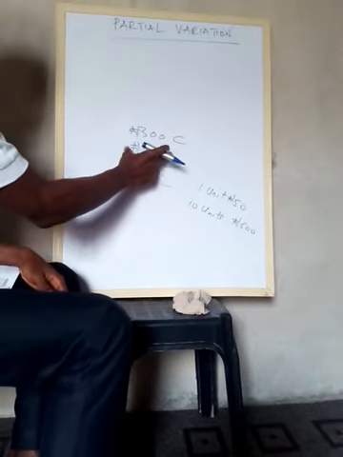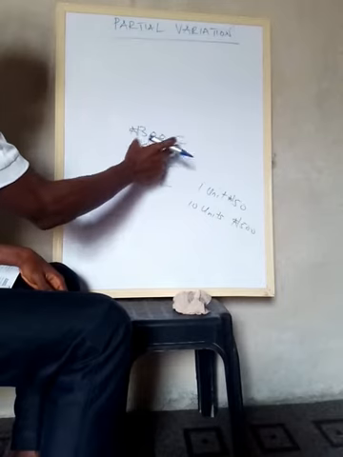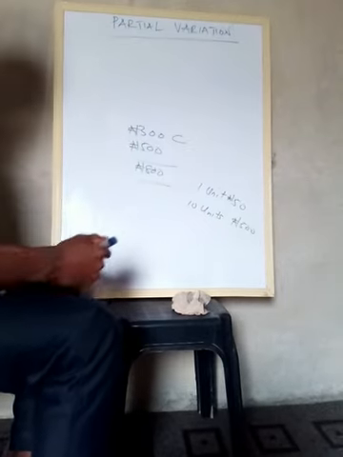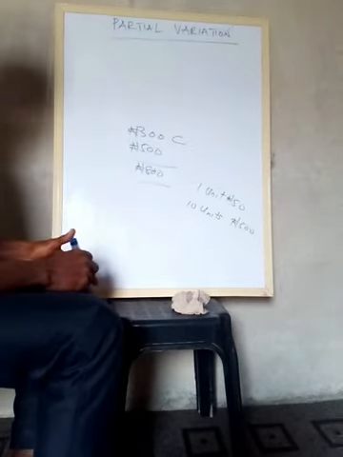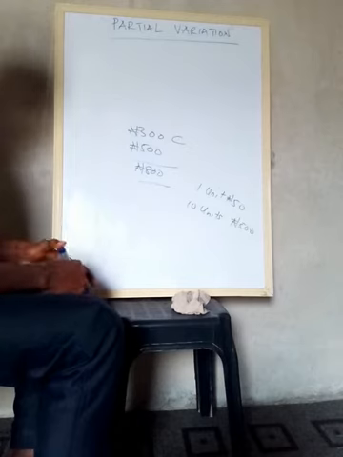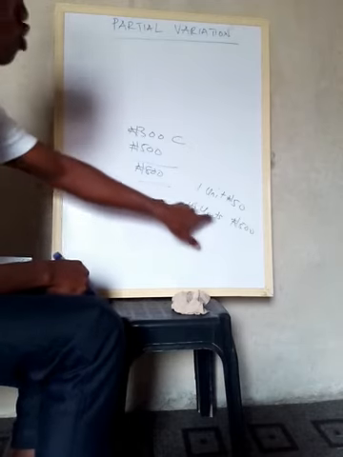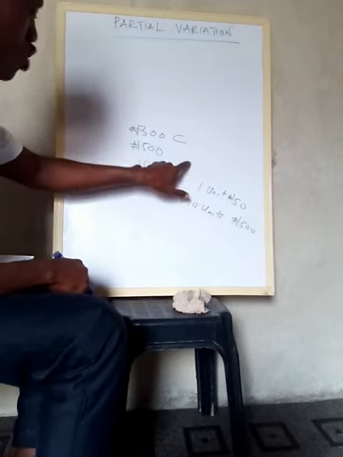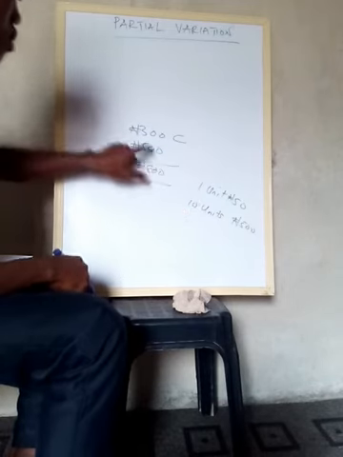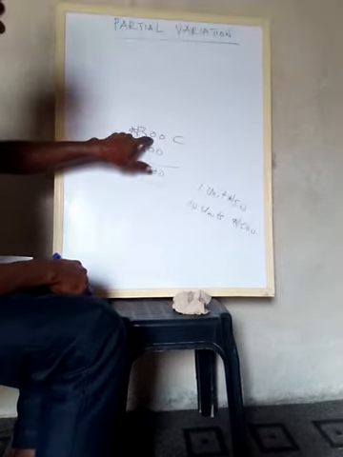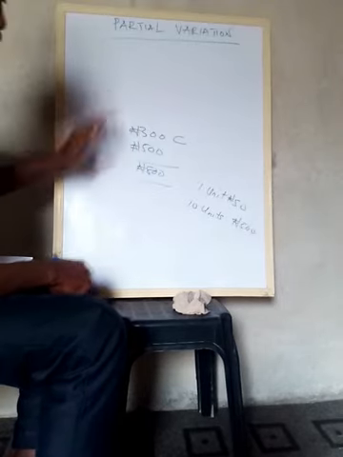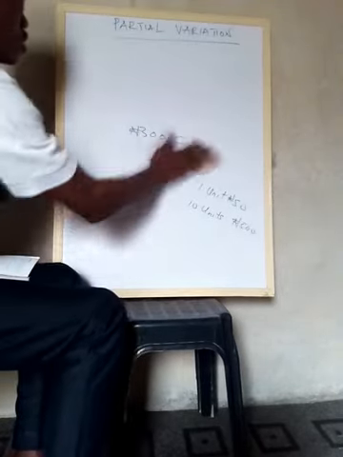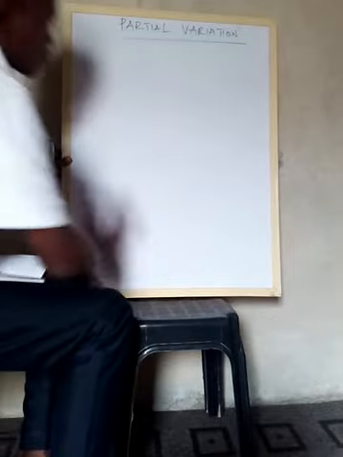And there's a partial variation between the amount and the number of units that is going to be bought. So this amount depends on how many units you are buying. So there's a partial variation there. It partly varies with the number of units. But this one, there's no partial variation. It's a constant. It's always like that. So you will see questions like this.